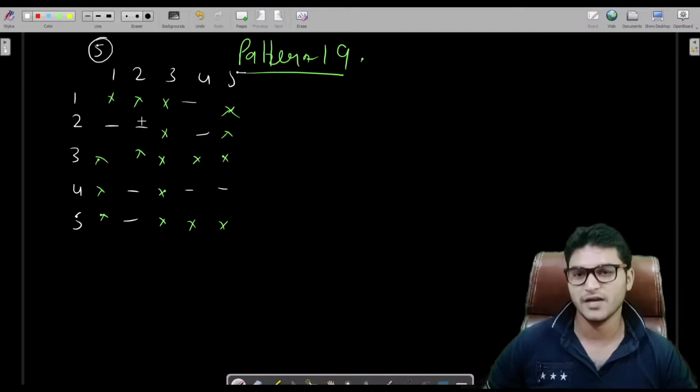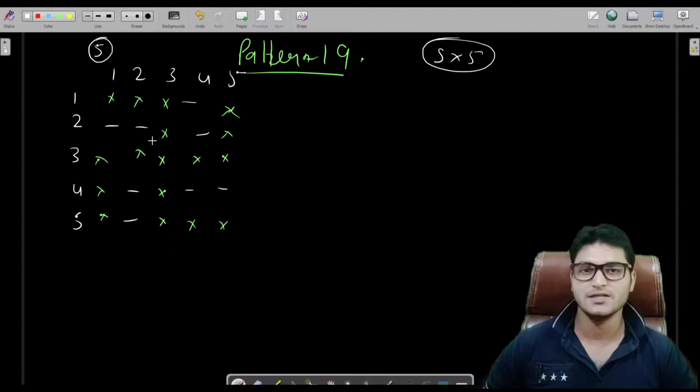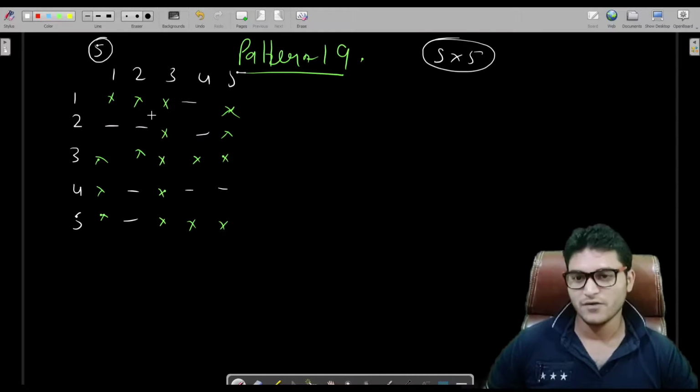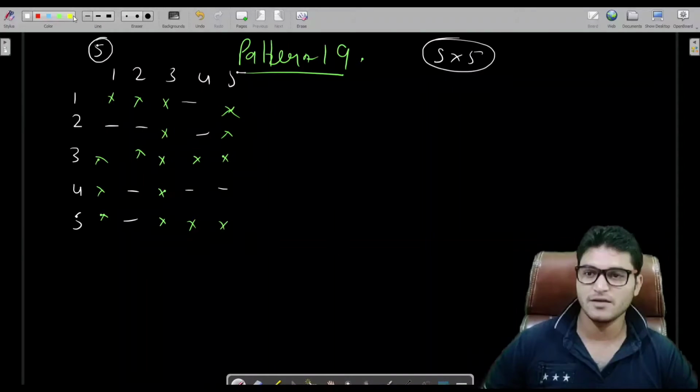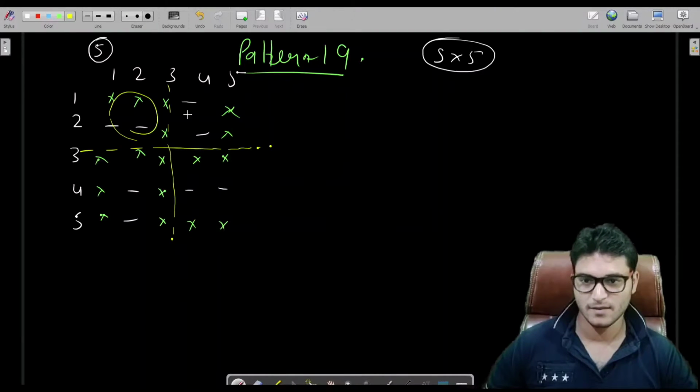So it's a 5 into 5 matrix, but at some places we are having stars, and at some places we are having spaces. Now we'll do this question in 4 parts. We'll solve this section and this section separately, and then this portion, and then this portion.